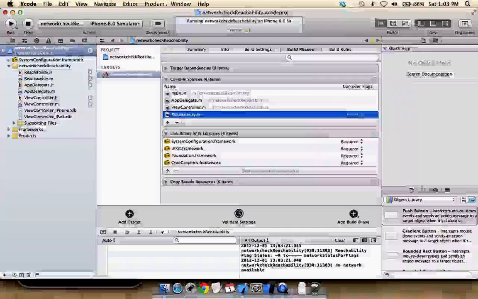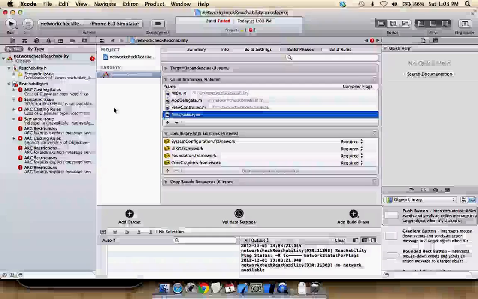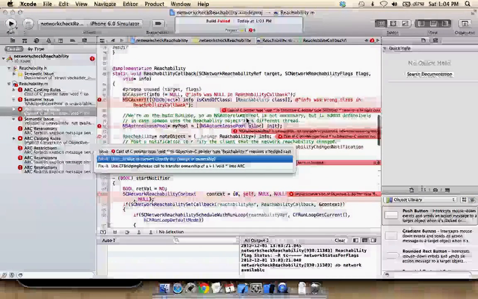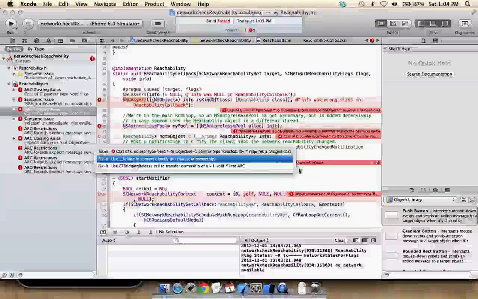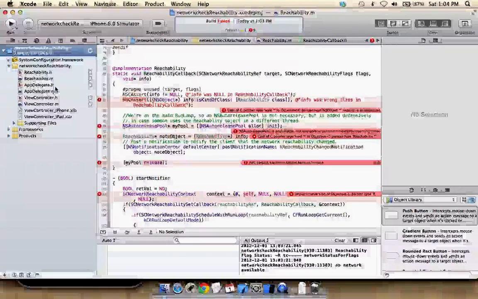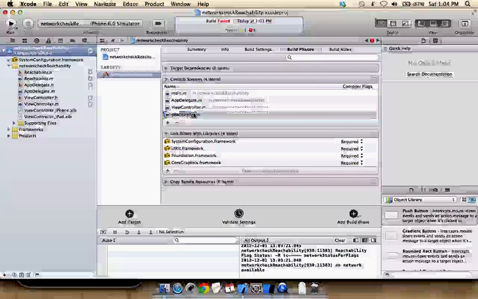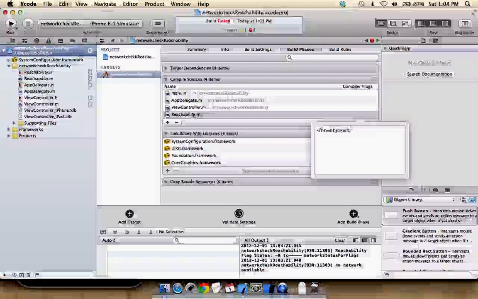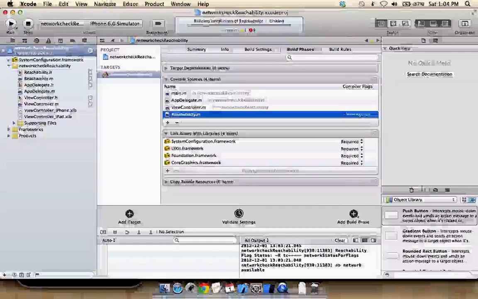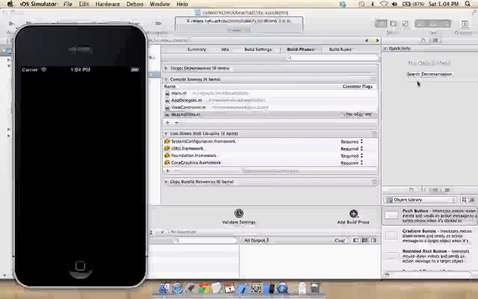Fine. Hit Command R for running the project. Let's see what happens. It will fail. So this was what I was dealing with: no autoreleases, no autorelease pools, no release statements, all this. So I'm disabling ARC for this particular class. Click on the project, go to build phases and go to the compile sources. Double click the particular class, write the flag, hit enter. Just run the project now. Build succeeded. So thanks guys for watching this video. This is my first